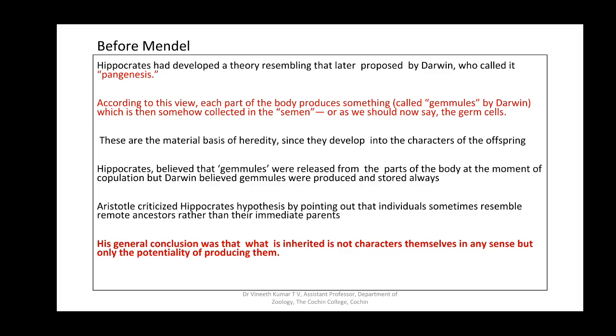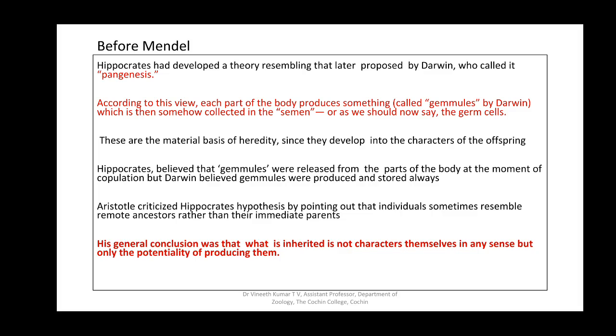the hypothesis of Hippocrates is considered to be somewhat similar to that proposed by Darwin. Although they lived at two different times, what they proposed had some similarity. The theory proposed by Darwin is called the theory of pangenesis. And according to this view, what was similar in the proposal of both Darwin and Hippocrates was that both